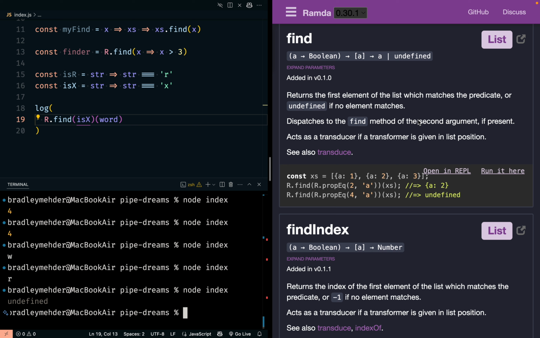You've got to really zero in on it. And with using functions, you can give them good names that describe what the function is doing. So that's another thing that I really like about Ramda.